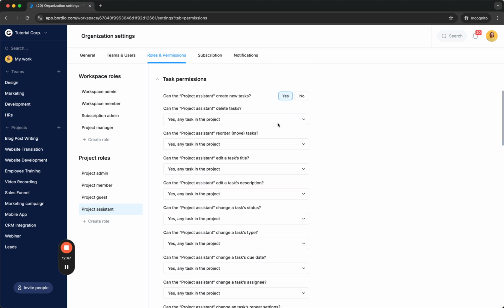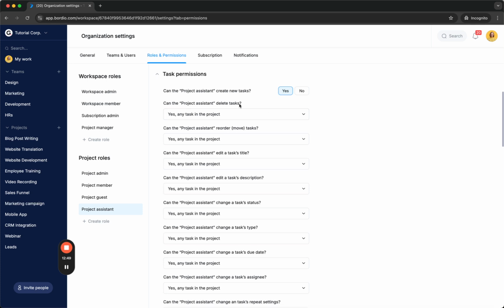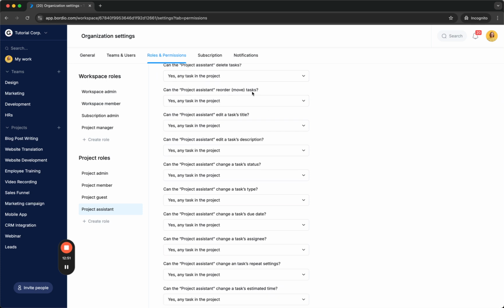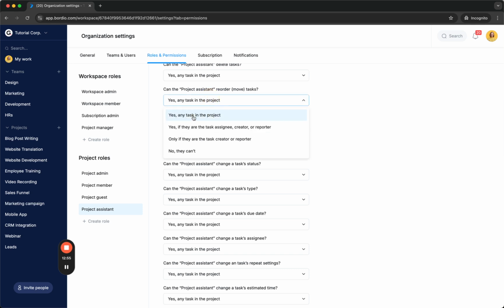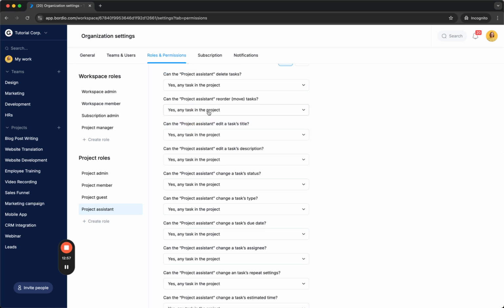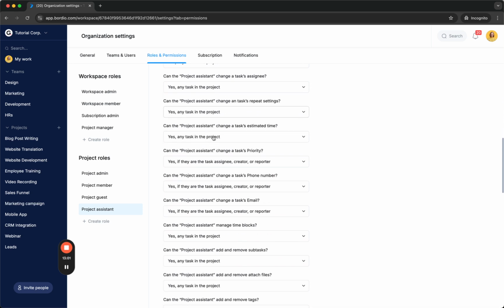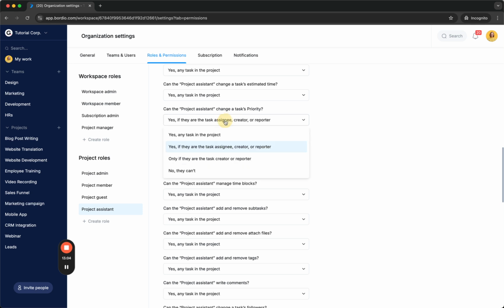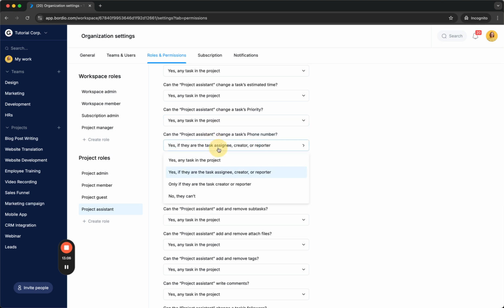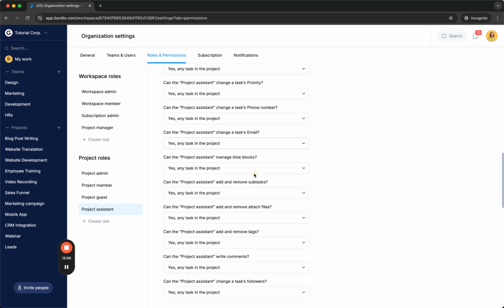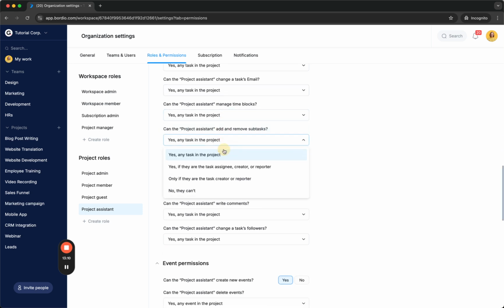Next, they can create new tasks, they can delete tasks, they can reorder or move tasks, and any tasks, even if these tasks are assigned to somebody else. So they can do pretty much everything here. Change the task priority, change phone number, change email, so they can do all of that,